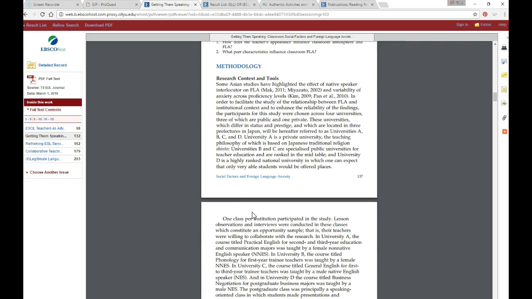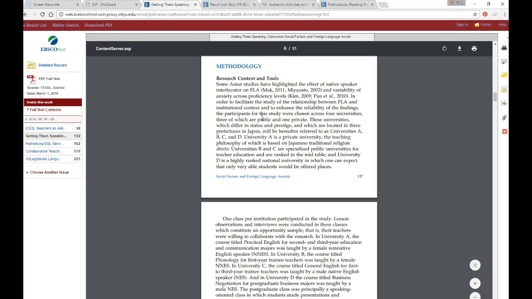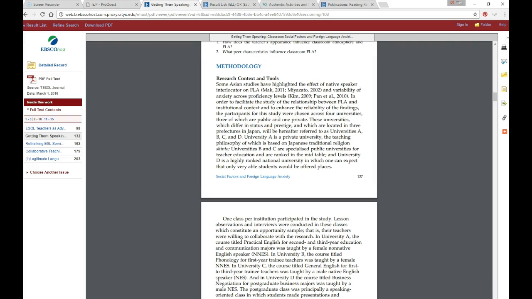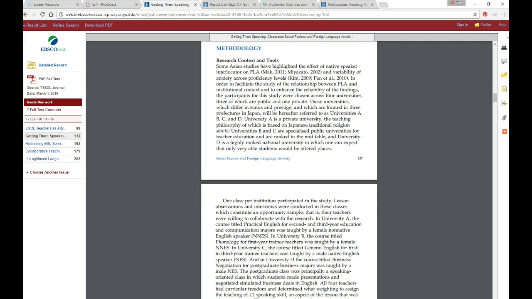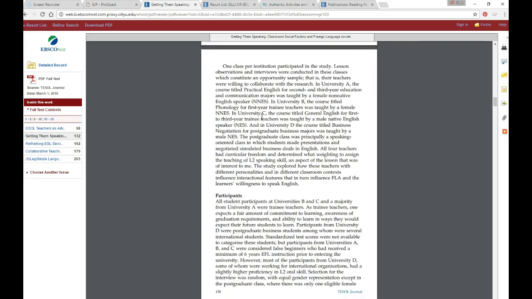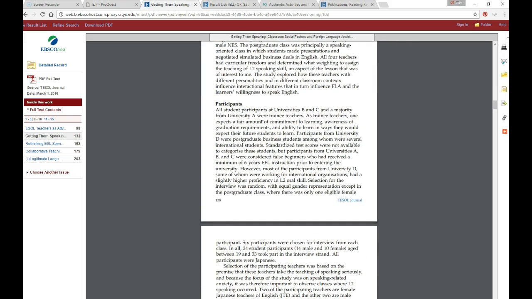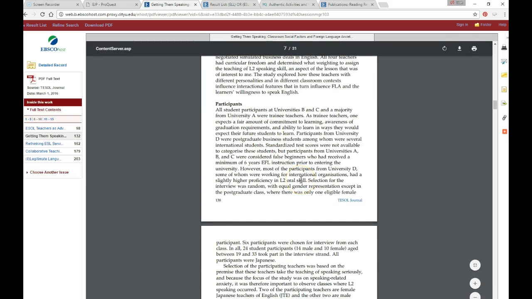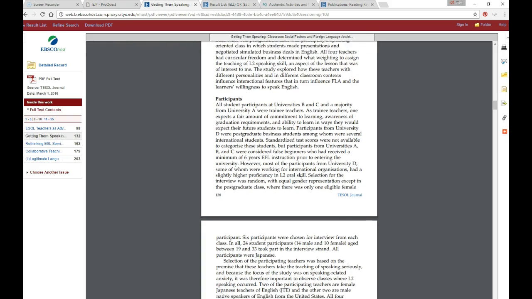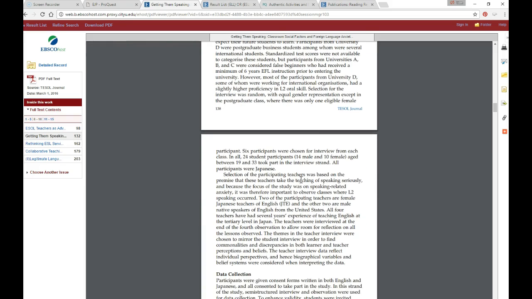For the research in adult education paper, an area that you want to look at closely is the methodology section. This tells you exactly who was included in the study, and as we go down, they actually have this broken out. So who were the participants? How many of them were there? You can find out details like, did everybody participate in every portion of the study, or did they get data